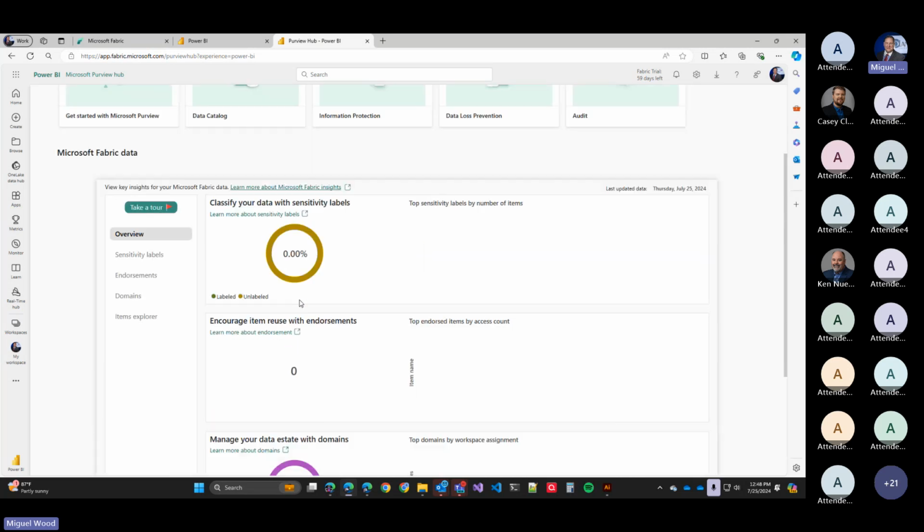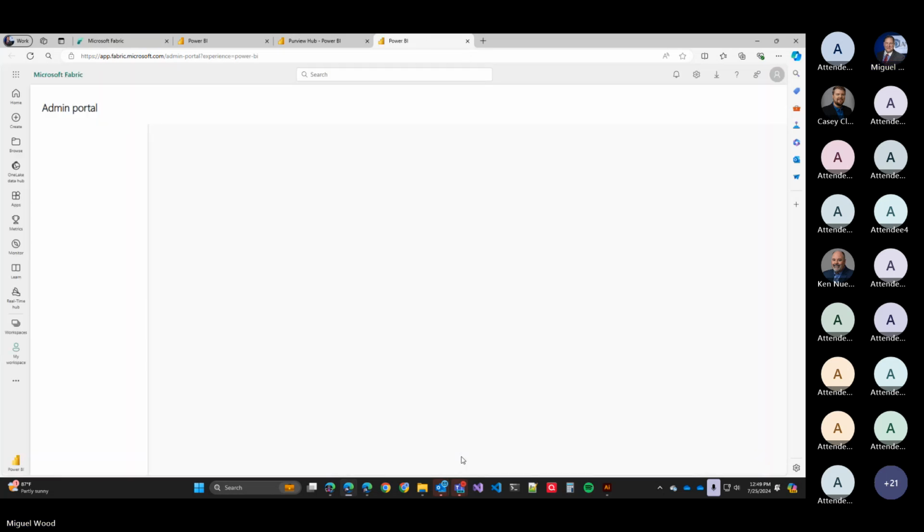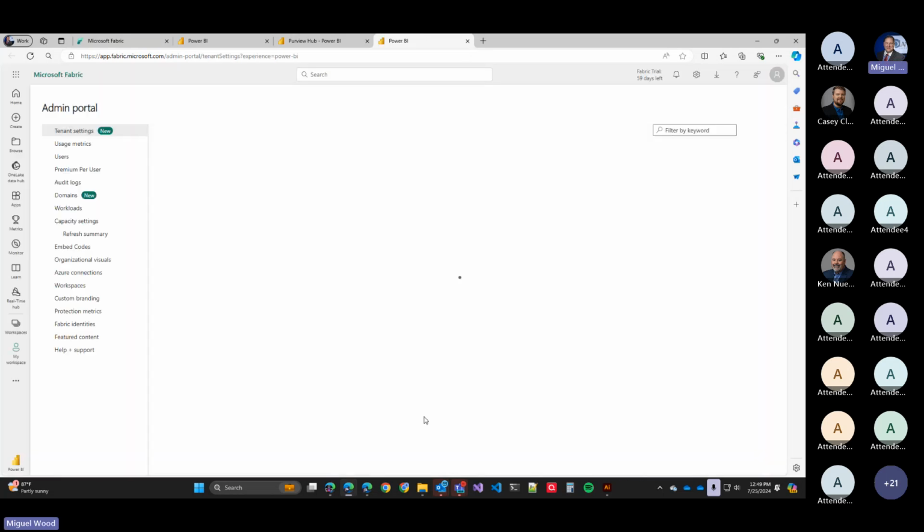So this is extremely critical, primarily around the Microsoft Purview data governance, but it does obviously bring in stuff from the Microsoft Purview on the 365 side, i.e. sensitivity labels. Last thing I'm going to go ahead and do is show you what it looks like when I go to the admin portal. So I'm going to open that link in a new browser window tab. And I wanted to show you what the capabilities are and what I have ability to see.